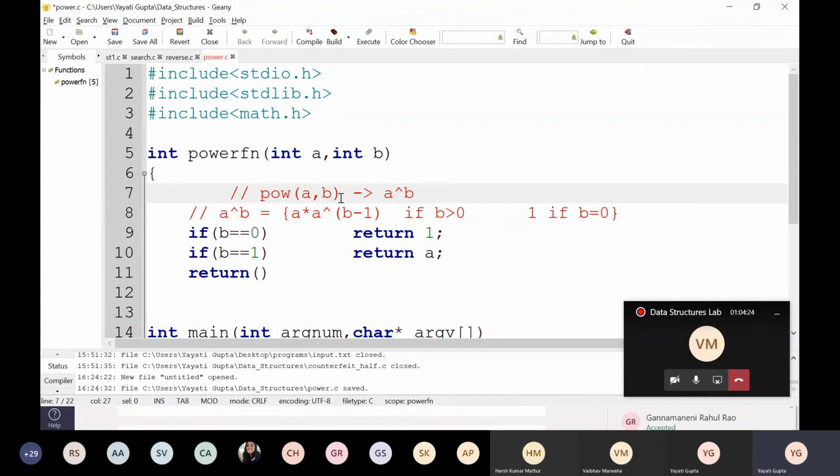If somebody gives me a to the power b minus 1, I just need to multiply that with a. That is my recursive case. So this is nothing but a into a to the power of b minus 1. So this is the recursion here. You just need to understand this thing, that a to the power b is nothing but a into a to the power b minus 1. Am I correct here?